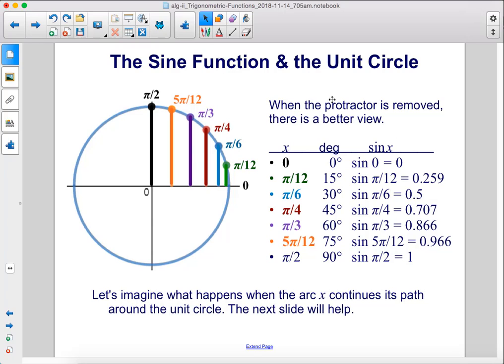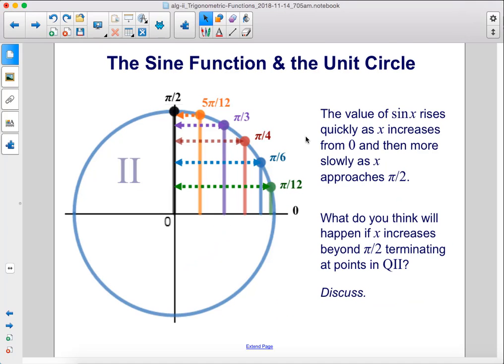When the protractor is removed, we can see a little bit better. Let's imagine what happens when the arc x continues its path around the unit circle. The next slide will help. The value of sine x rises quickly as x increases from 0, and then more slowly as x approaches pi